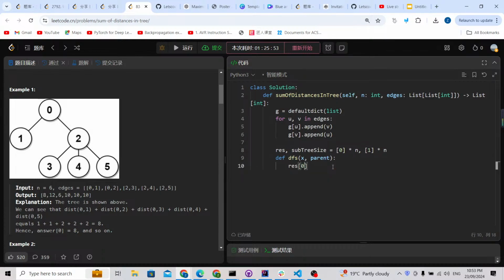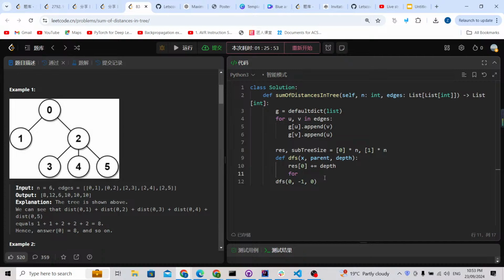So we're going to update all the depths to the result 0. So I also need a depth. I'm going to call this function and get the final result. So the DFS is going to start from node 0, the parent is going to be -1, and the depth is going to start from 0. For this one, I'm going to update the node 0. So result 0 is going to plus equal the depth. And then I'm going to start the